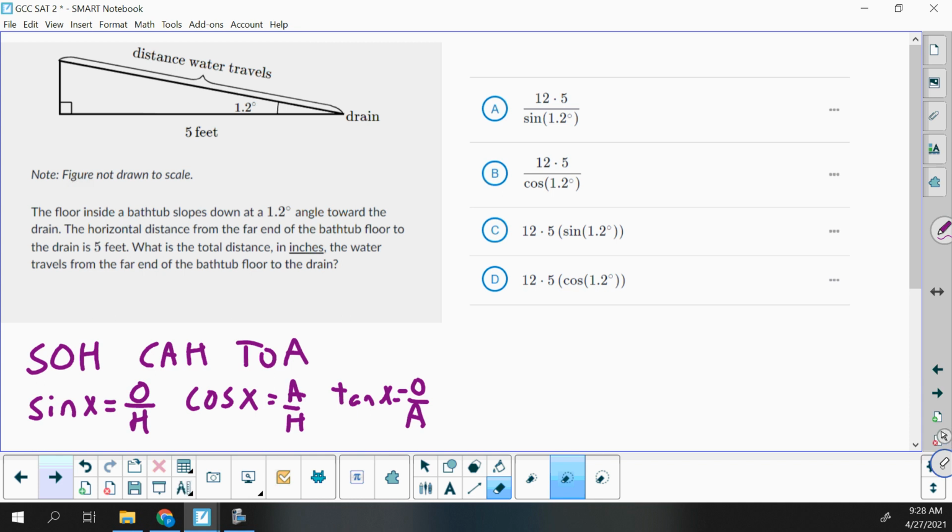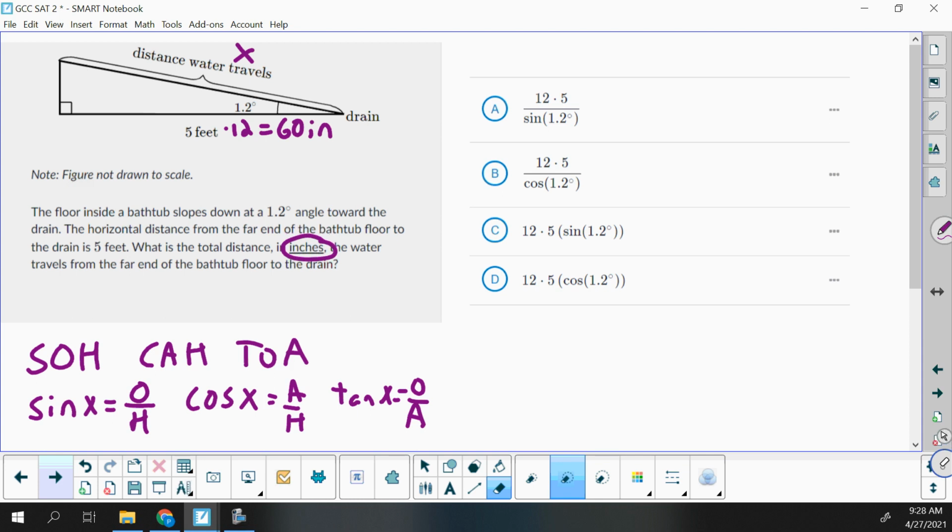So in Algebra 2, you're going to do a ton with sine, cosine, and tangent, usually at the start of the third quarter. So one thing to know here, we want to know the distance the water travels, so we can call that x, but we want to find that in inches. Right now, this 5 is in feet. So we can do 5 times 12, and that's going to give us 60 inches. But if you take a peek over at the choices, notice they've all got 5 times 12 left in there. So just so it matches up, when we set it up, we'll just leave it as 5 times 12